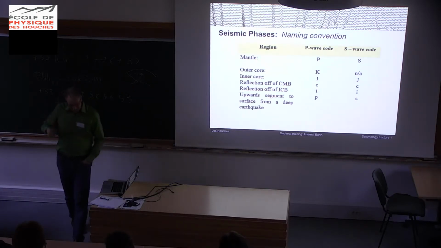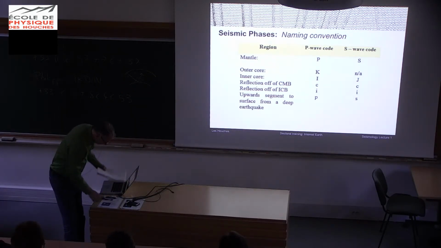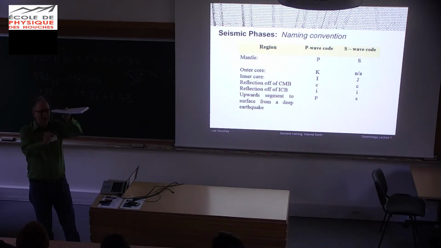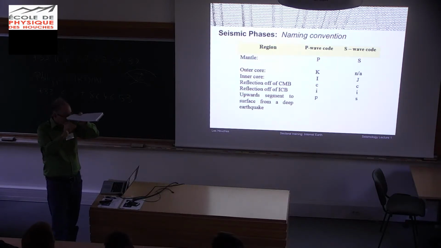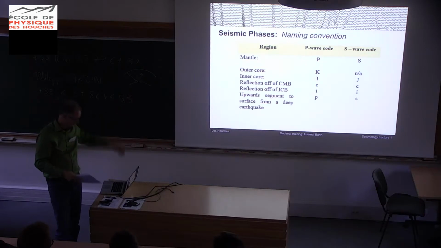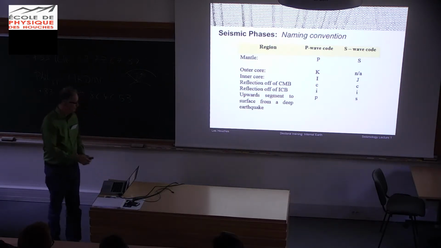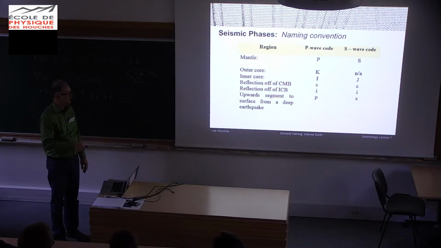Now, if this is the surface of the planet and my earthquake's here, all of these things I've been talking about is energy that leaves the earthquake and goes downwards. You could also go up and hit the surface. I'm not telling you what this depth is. It could be 100 meters or 100 kilometers, right? If it goes up and hits the surface, we call that little p or little s. And then it goes on its merry way and collects its letters, okay? So this is the basic stuff.